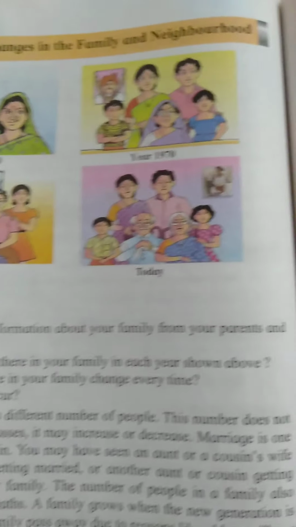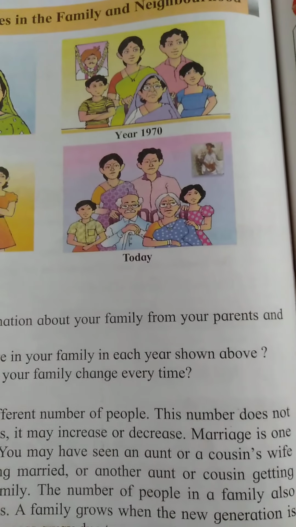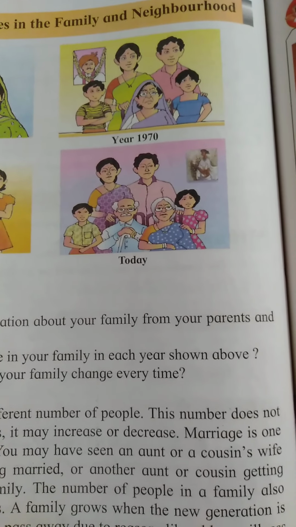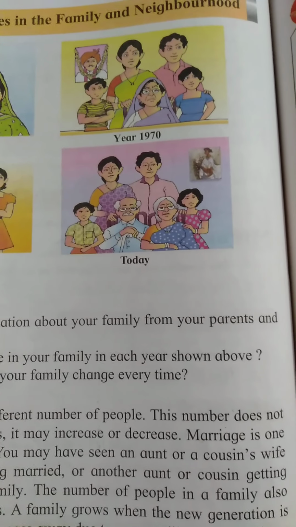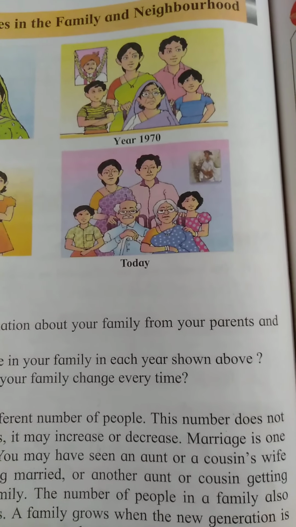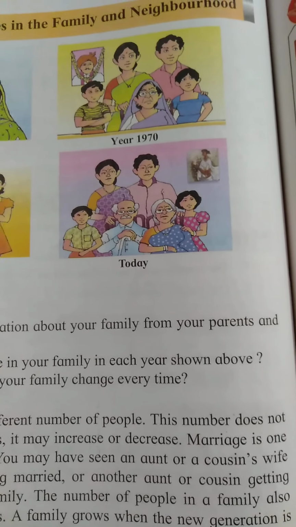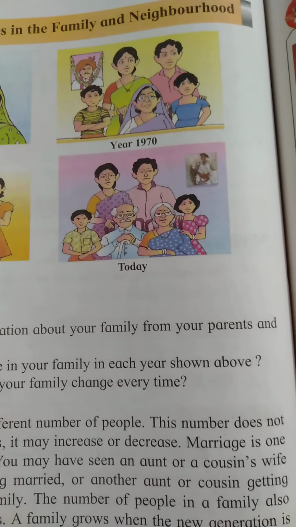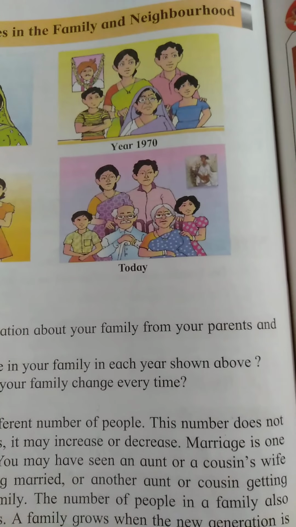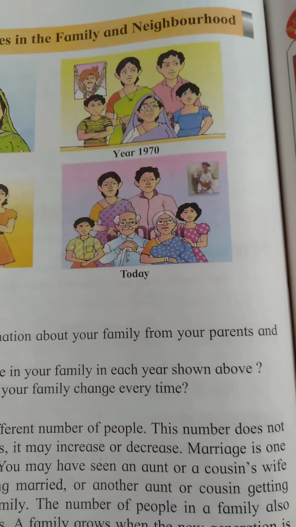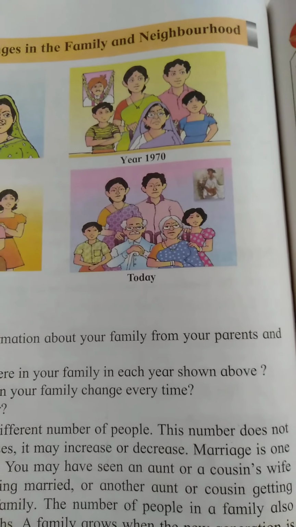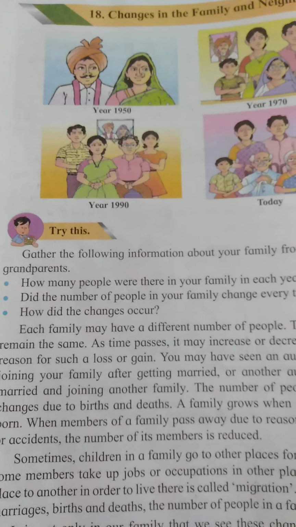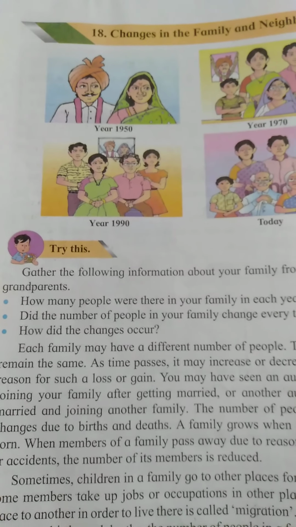In the last photograph, you can see that the year has not been put. It is written today. That means it is a present photograph. And here you can see that Soham and Kusum have grown older and Soham's son, that is Vaibhav, got married to Vidya and they are having 2 children. Okay children? All of you understood? Now children, what do you understand by looking at these 4 pictures?